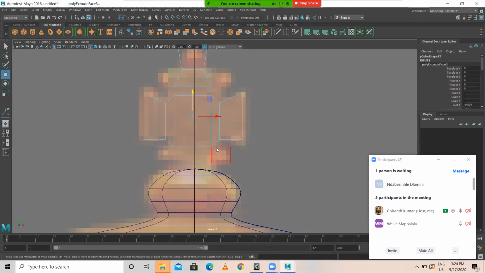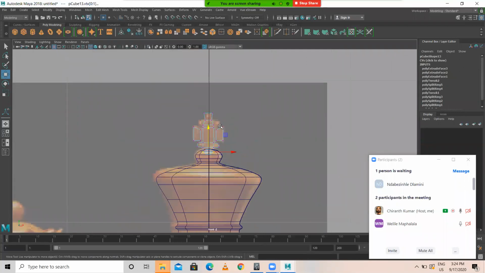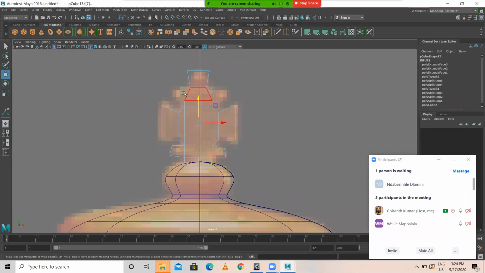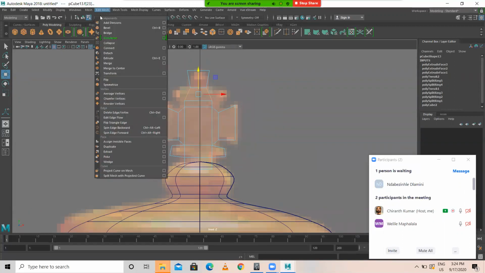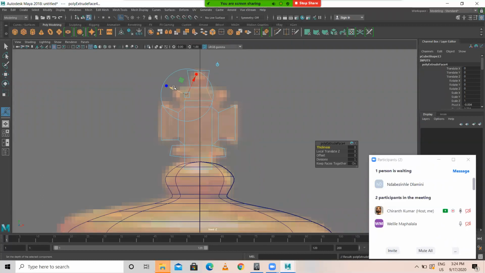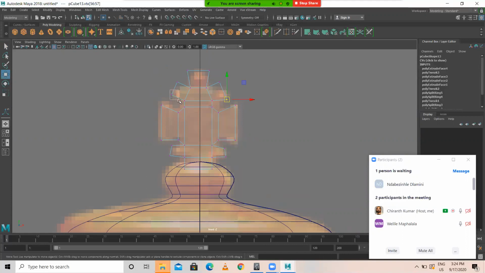It's like this. Edit mesh, extrude. Okay. Something like this.